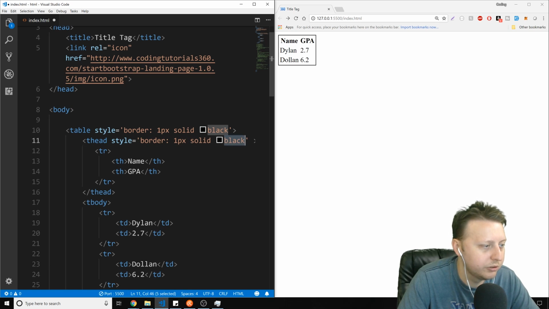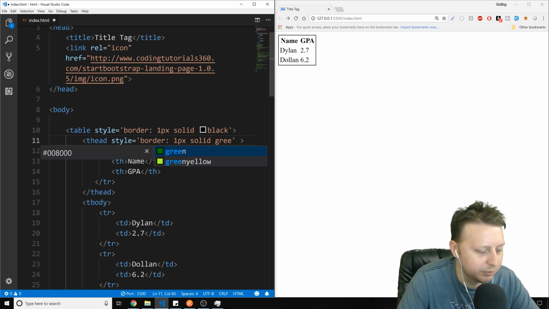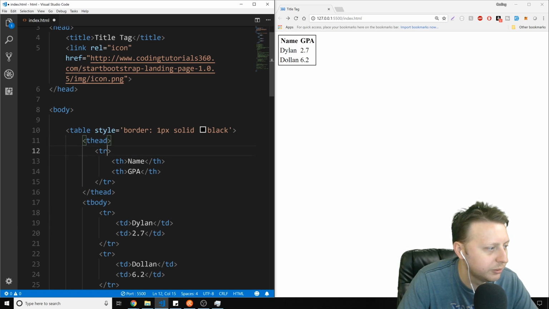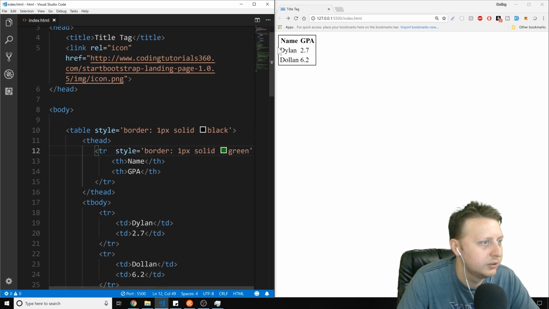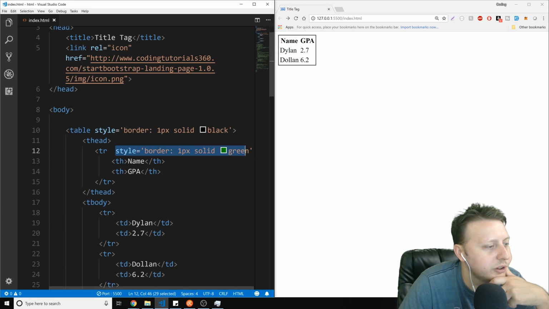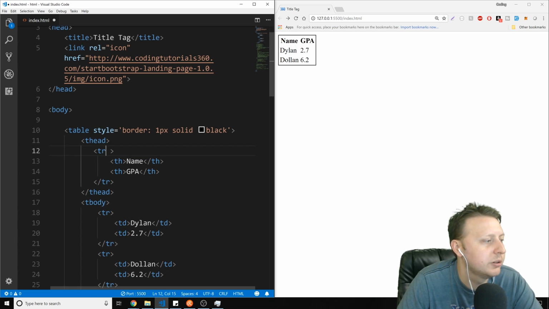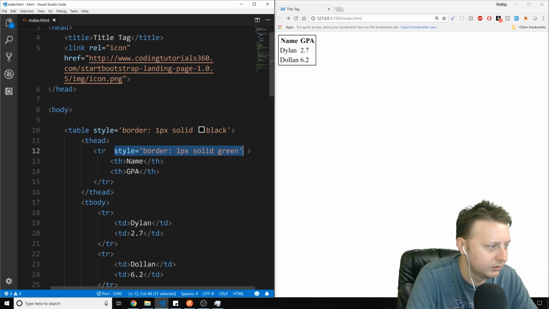And we'll make this maybe green. Oh, do I need to put it on the table row? Huh? I wonder why it's not displaying. I might have to look into that a little bit more. I was expecting that to work. I'm not quite sure why it didn't. Anyhow,